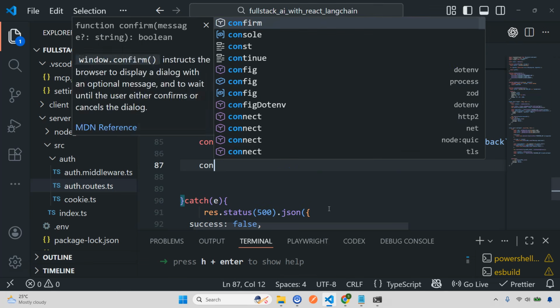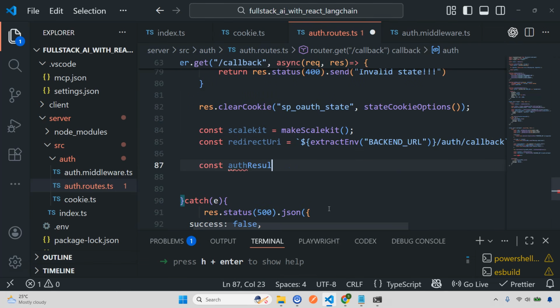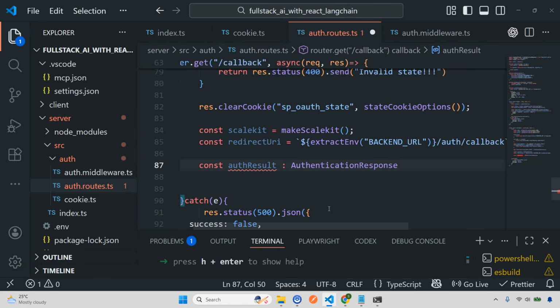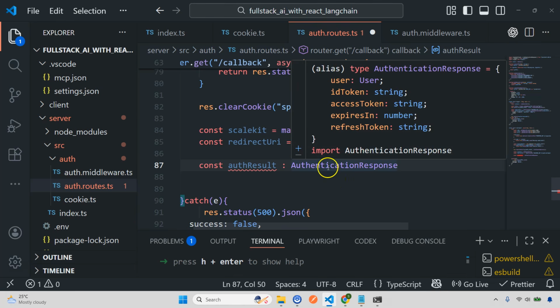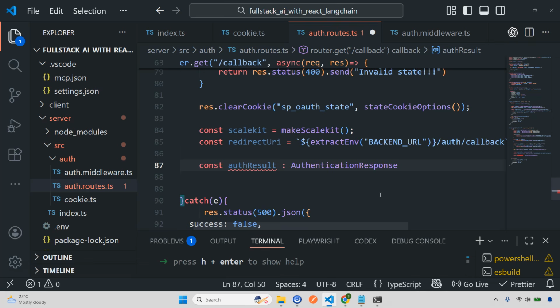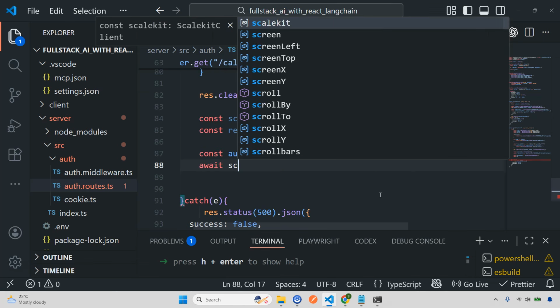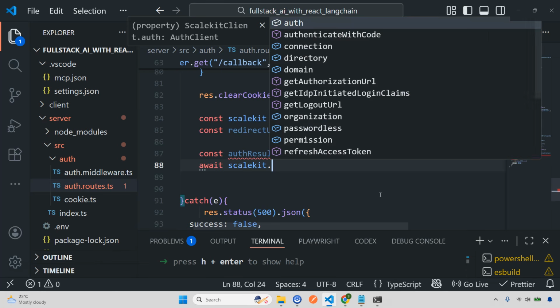And here I'm just going to do const authResult. So now I'm going to get the result. Let's give a type. The type will be, you're going to use this authentication response from Scalekit. Okay, so this is going to give you the data back. So you have the user, ID token, and everything that we are going to see also. Okay, so you're going to await this. So I'm just going to do await, and Scalekit dot,